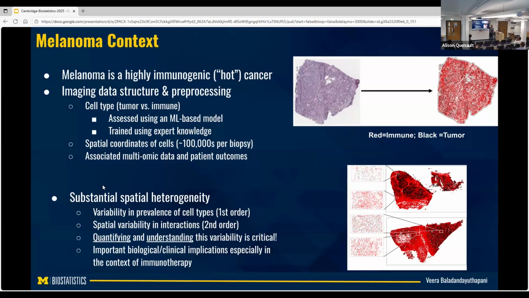There are a couple more steps in this. The first step is that these are pixels, so we actually need to segment out the cell, because you need to know the location of the cell. You segment out the cell, then you map the pixels to the cell, and then you call the cell either a tumor cell or an immune cell. So these are not done at a pixel level. Is there any uncertainty in that? Of course, there is some uncertainty, and that's why we had to get a pathologist to say, you see the cell, is it a tumor cell or a stromal cell or an immune cell?